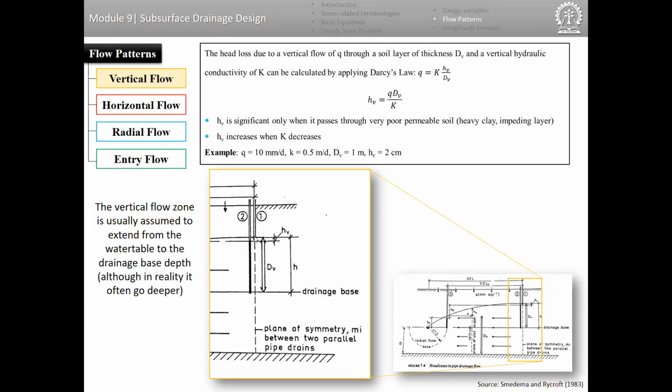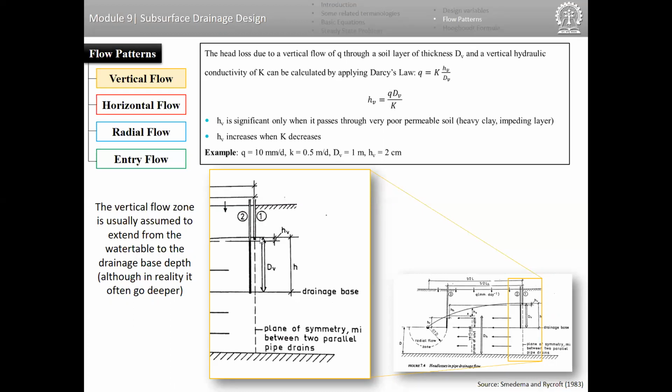So the difference can be measured by determining the difference between these two piezometric readings, that is, piezometric reading at 1 minus 2. So this is the head available here and the head available here. So we can write Darcy's law here to solve the flow through the porous medium.